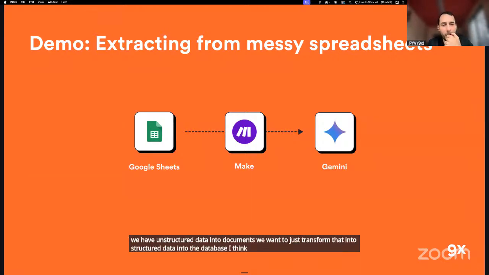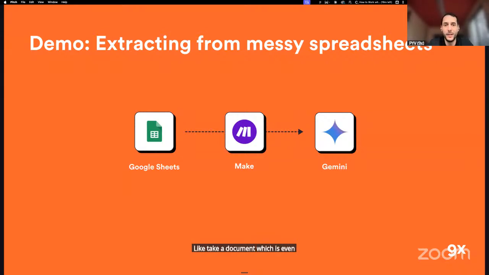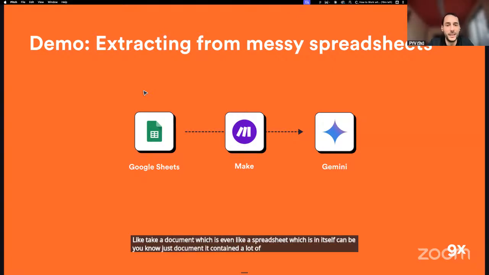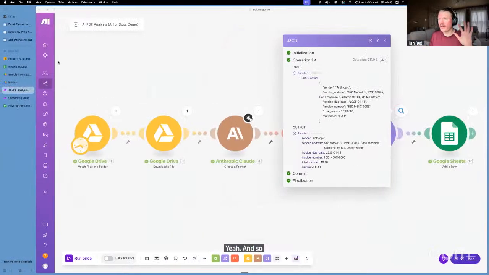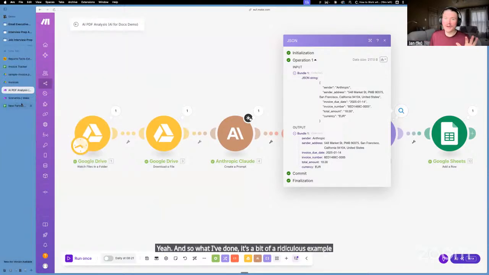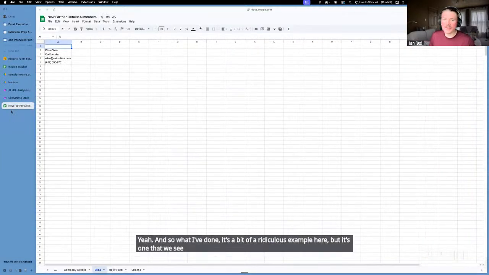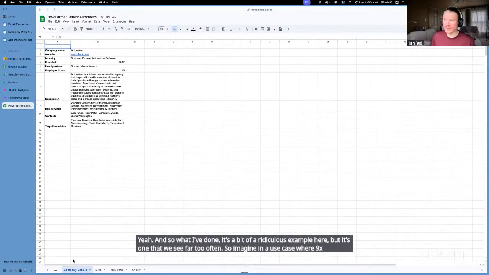I think it's also a good example to take a document, even a spreadsheet, which in itself is just a document that can contain a lot of information. Yeah. And so what I've done, it's a bit of a ridiculous example, but it's one that we see far too often. So imagine a use case where at 9x, what we want to do is